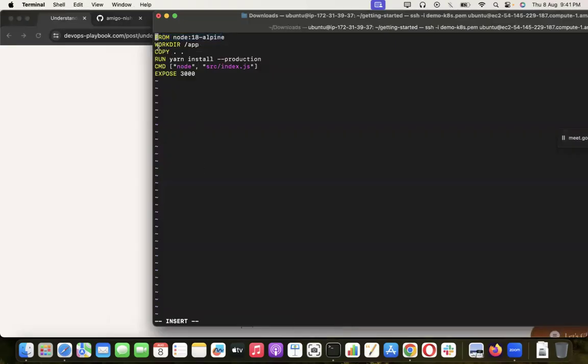Now the next step is if you see working directory. Working directory means, yeah, if you see slash app, so slash app basically means this is going to be your present working directory inside the container. Okay. So I repeat,